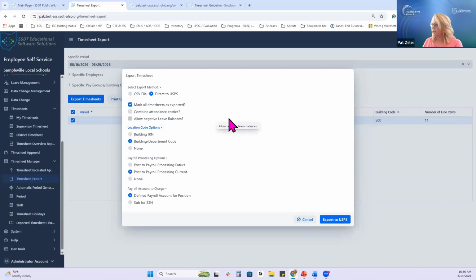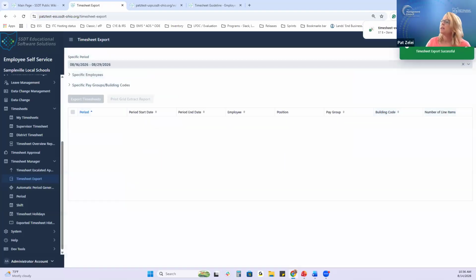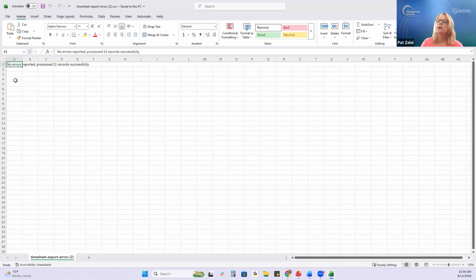When you go to process this and export to USPS, it'll be automatic. It'll say you're successful. And then, like I said, it'll create this file that will give you that no errors reported, or it will list any errors if there are errors. And it said 11 records successful. Let me show you